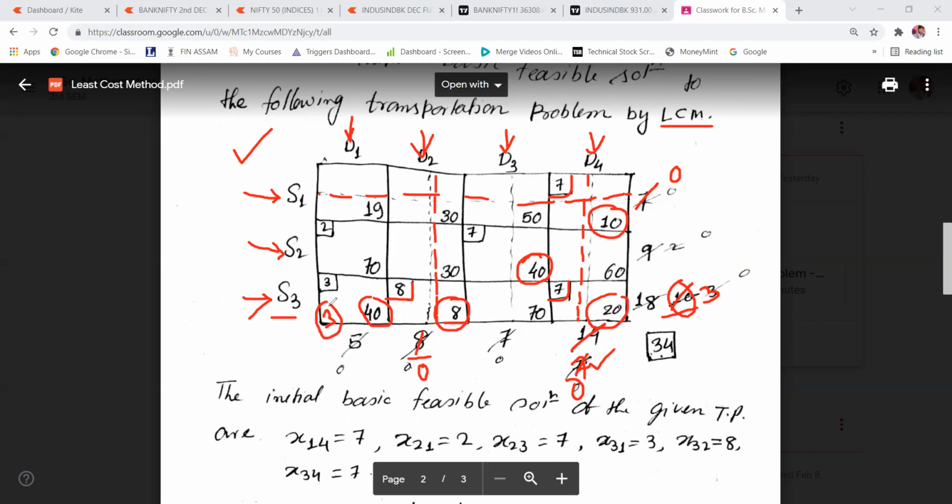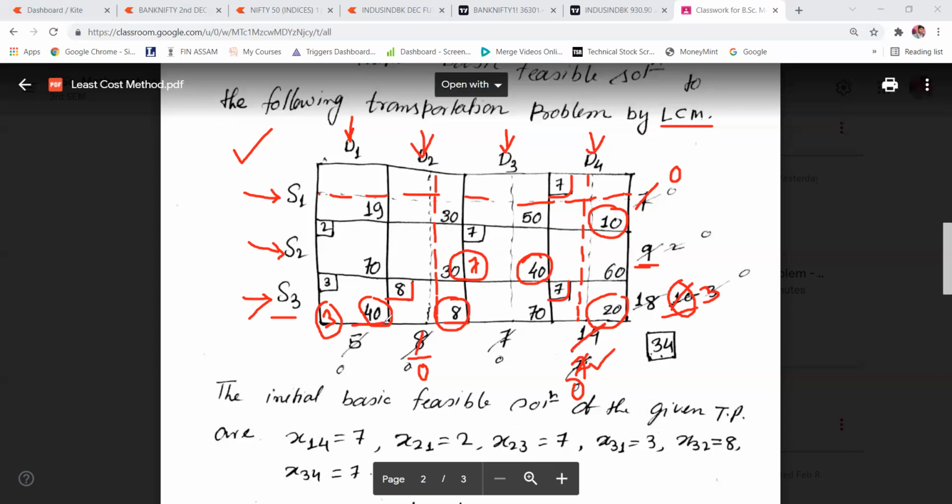So keep in mind that we are able to make 3 units. Now here, demand is 7 units and supply is 9 units. So we can make 7 units here.